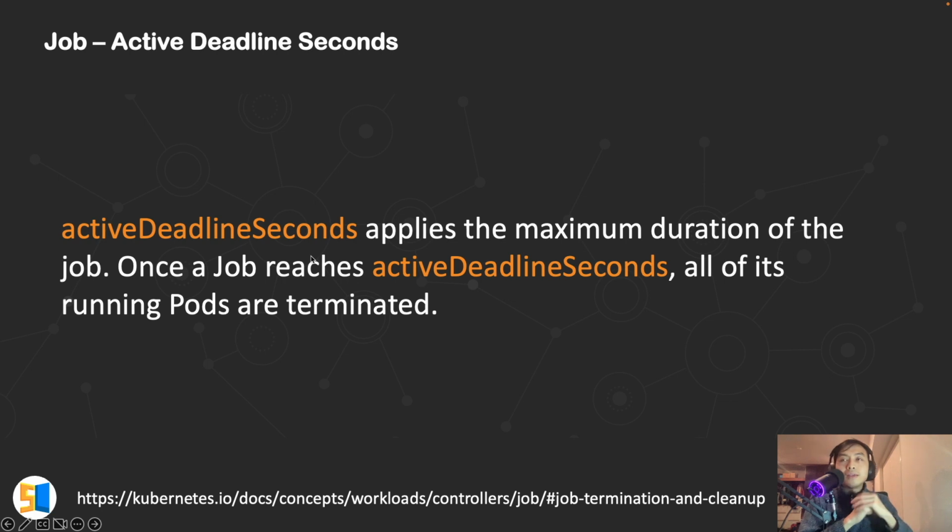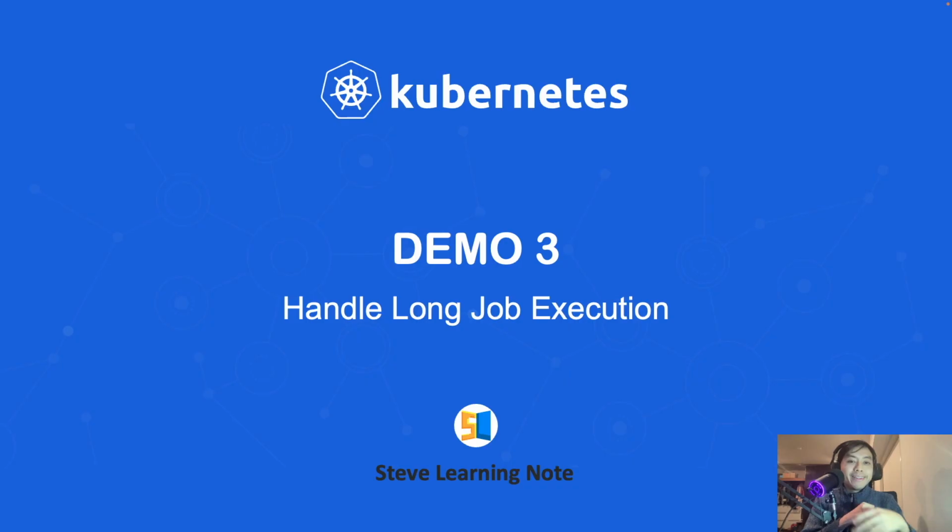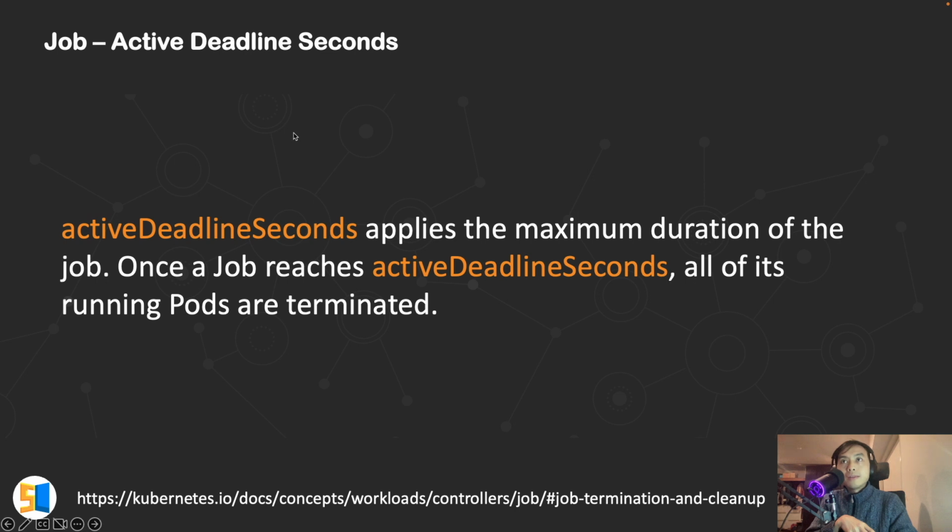So you cannot really check directly from the pod. It's gone. Therefore, in demo 3, we will see how to handle long job executions. So how we should write our job executor so that it can handle it when Kubernetes wants to remove the pods